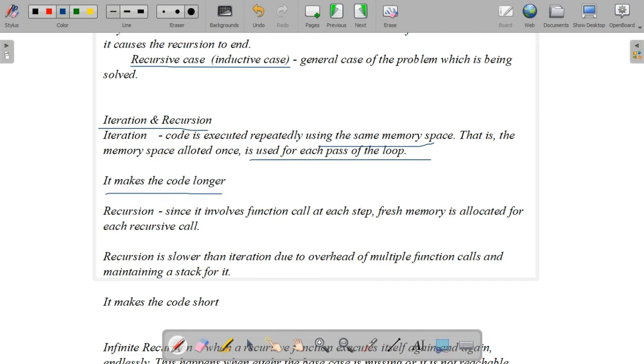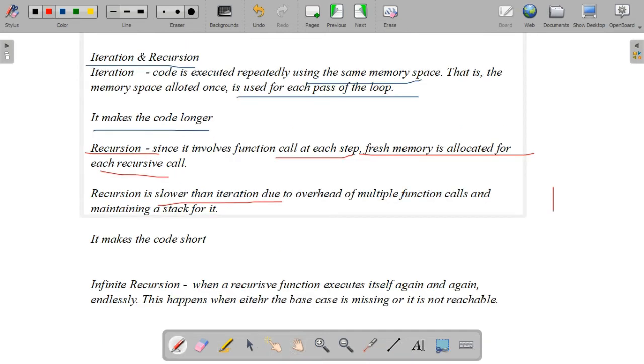It makes the code longer. But in the case of recursion, since it involves a function call at each step, fresh memory is allocated for each recursive call. So recursion is slower than iteration due to the overhead of multiple function calls and maintaining a stack for it.